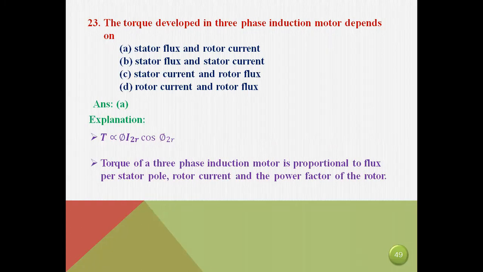Torque equal to K into S into E2 square. So what is E2? The rotor voltage. Please mute yourself. So you can see here the difference between stator and rotor current. We are supposed to understand, because we have seen the torque equation. Torque is directly proportional to S K E2 square upon R2 square plus X2 square. But here they have given about the flux. So it depends on the stator flux, but it depends on the rotor current, because it depends on E2 square. E2 means the rotor voltage, and the rotor voltage depends on the rotor current.